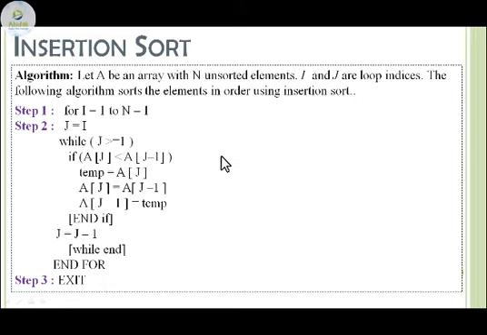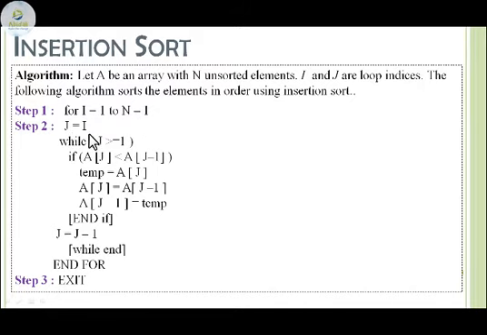Because the first element is considered to be sorted, the comparison needs to start from the index called 1. So the value of i begins with 1 and moves till n minus 1. Why do we begin the value of i at 1? Because in insertion sort, the first element, that is index 0, will be considered as sorted, which means it is already arranged in order. So the process on the unsorted array begins with 1 and goes to n minus 1.